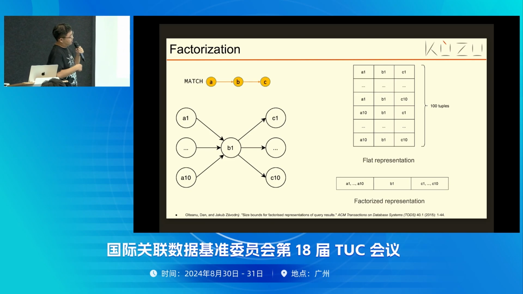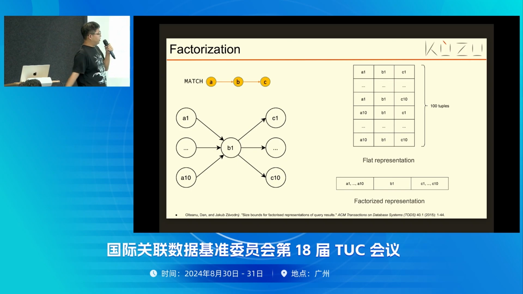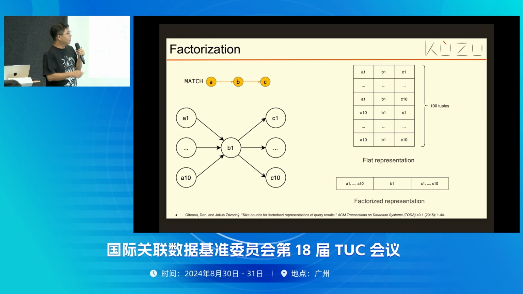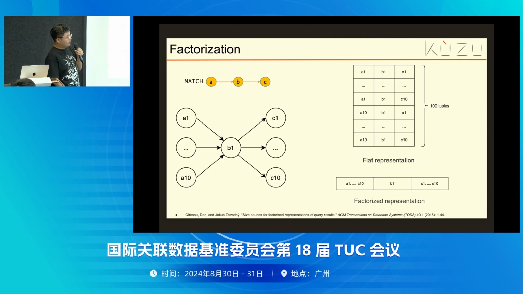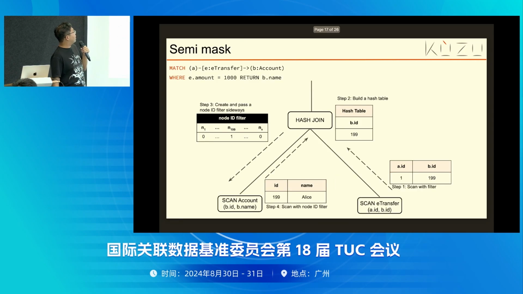So what we have here is a single factorized tuple, where the first entry is a list of A values, the last entry is a list of C values, and the data being represented is A1 to A10 Cartesian product with B1, and again Cartesian product with C1 to C10. We are able to represent the same amount of data with far fewer entries. In the factorized representation, you only use 21 entries compared to the 300 entries in a flat-based representation. So that's the factorization part.